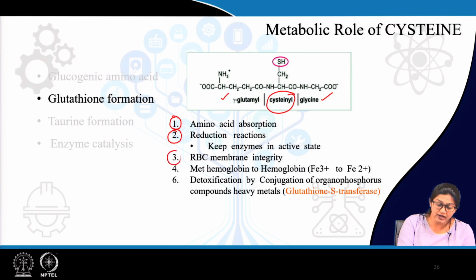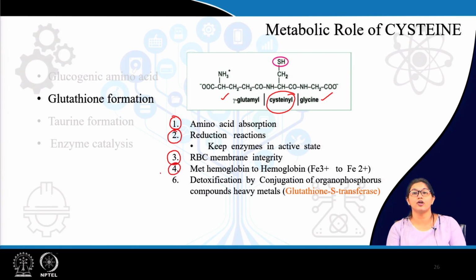Then the integrity of the RBC membrane is also maintained with the reducing property of glutathione. Also, this reducing property is important for formation of hemoglobin from